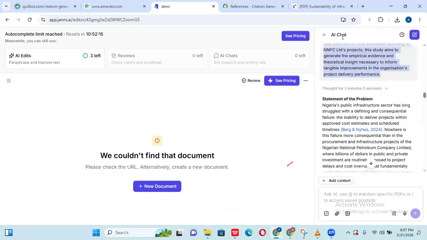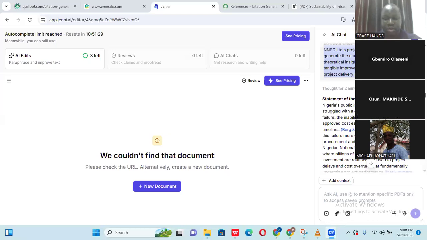This Jenny AI is one of the AIs that I trust that does not hallucinate. It goes and searches databases. It searches Scopus. Are you with me? It searches PubMed. It searches the databases that you have. It's going to search them for you. All that. So let's continue.